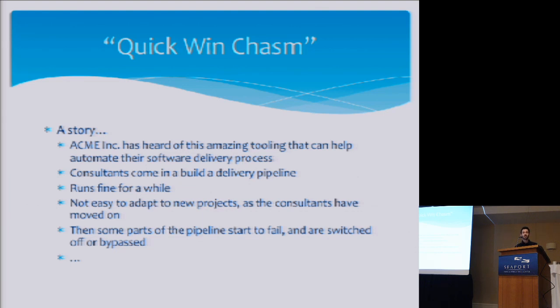Or actually, they didn't do it themselves. They got some consultants in because they wanted it quickly. They were able to do it reasonably cheaply. And it ran fine for a while. It's sitting there churning away, and the builds are all green, deployment's going well. The consultants leave, they've done their job, they move on, or if it's somebody in your own organization, they move to a different